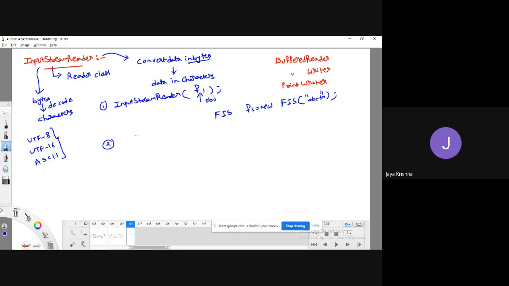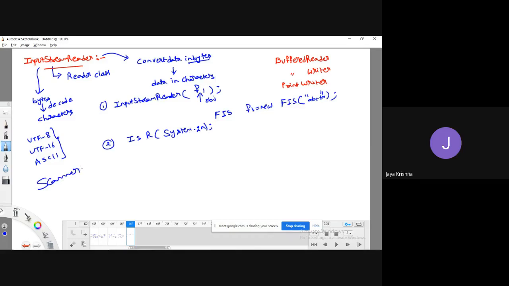Another one is I can pass InputStreamReader of System.in. Guys, I hope you know the meaning of System.in, what I explained during the explanation of the Scanner class.